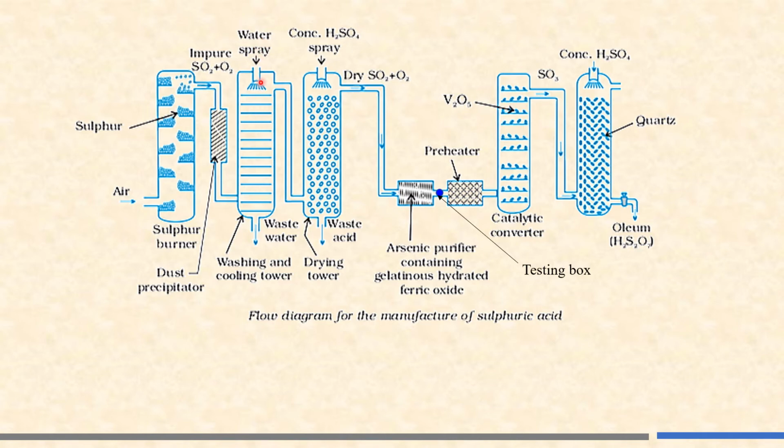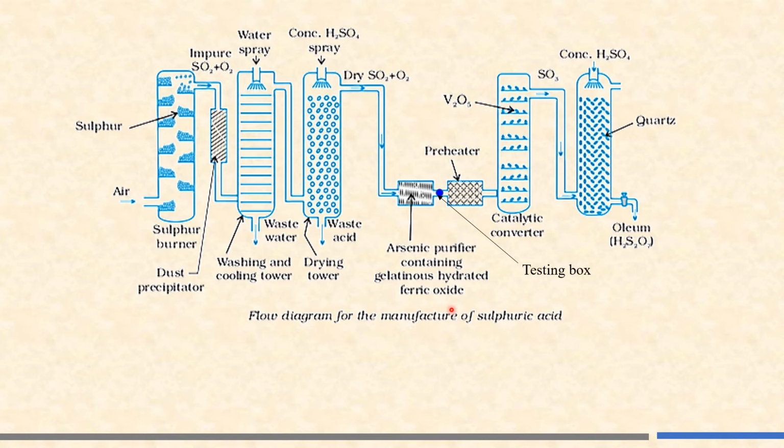The water is sprayed from the top. So, waste water is collected from the bottom here. Then the gases, SO2, are passed into the drying tower, where concentrated sulfuric acid is sprayed from the top, and the waste acid is removed from the bottom. The dry SO2 plus O2 is then passed into the arsenic purifier, where arsenic is